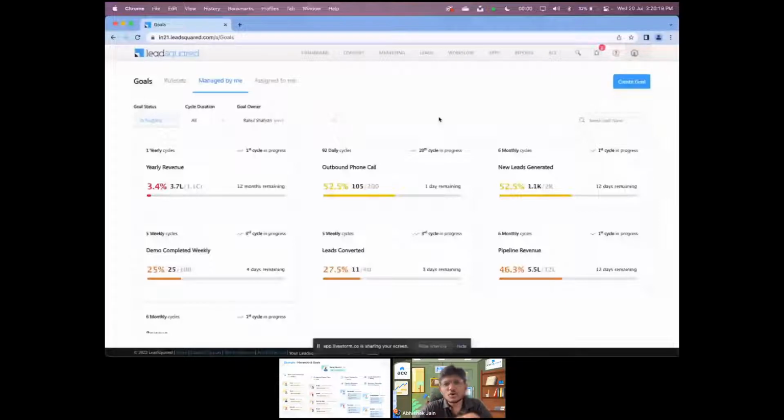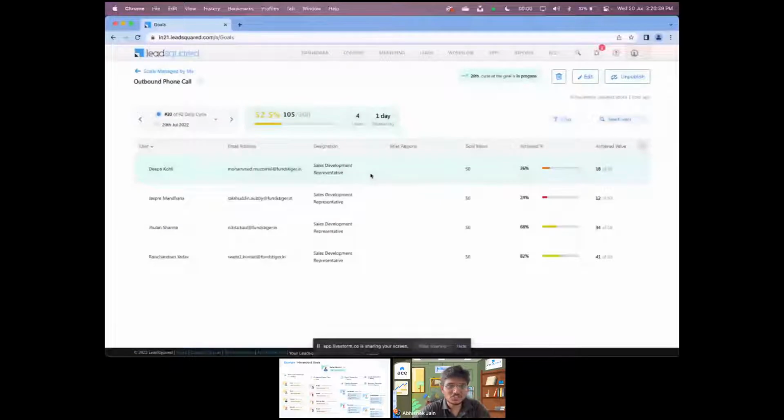Because you set a goal today, but you would want to change that very easily, right? A lot of other products in the market would not allow you to change things very easily. So it's not just about how you can look at and measure things easily, but also about how you can create and change things easily, right? So I'll show you the edit flow first, where you can change the goals at any given point of time, right?